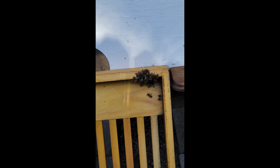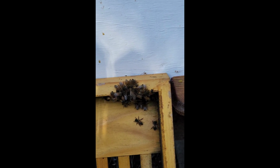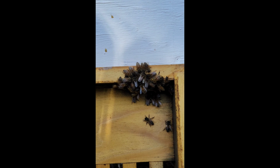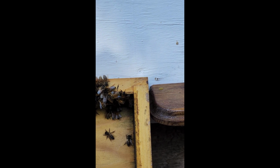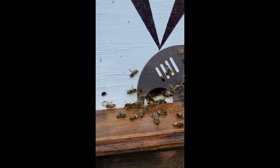So on the one hand, we're seeing right now the underside of the spacer platform that was on the Langstroth hive. These are a few bees that clustered overnight, and over here